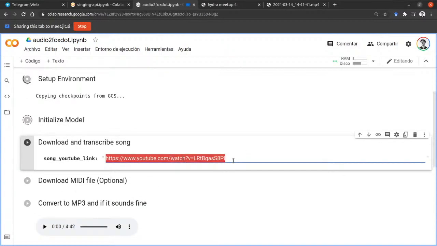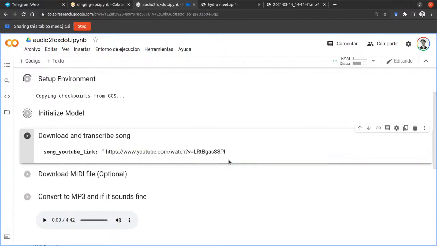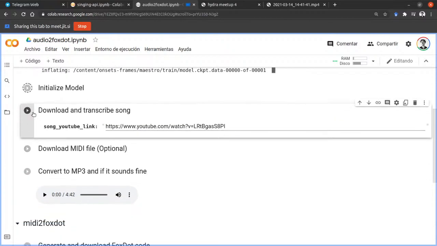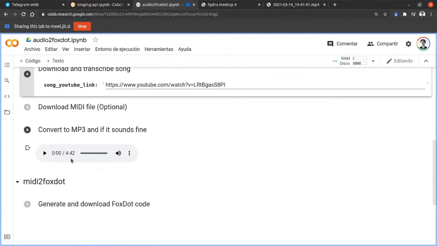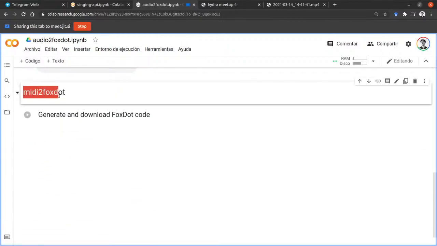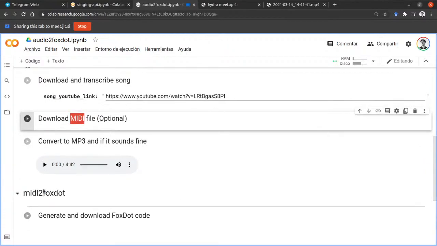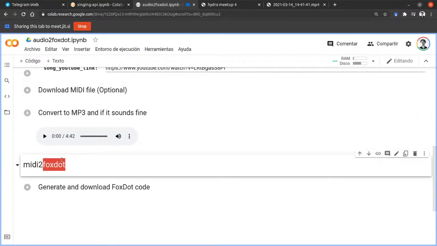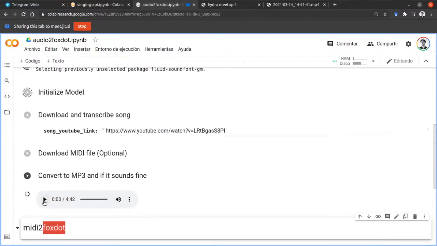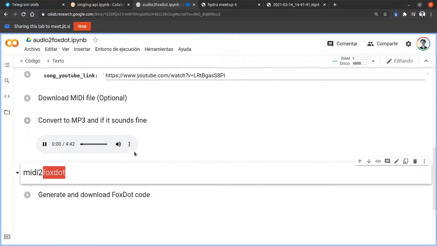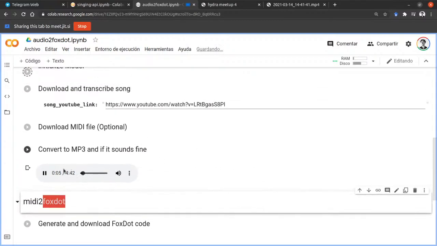Here you just paste a YouTube video with the song you like, and it transcribes it. And at the end, I modified it a little bit, so it at first generates just a MIDI file. I modified it a little bit, so it generates FoxDot code. So the song is this one. Can you hear the music? Awesome. Yes. Okay, so